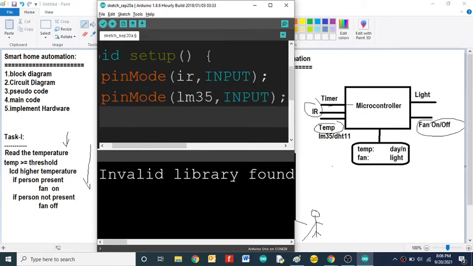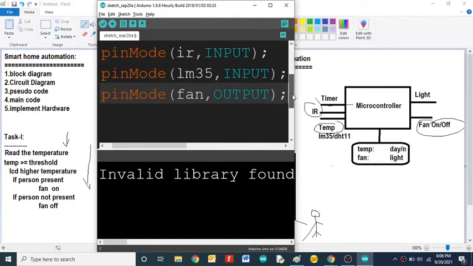Then we have another device called fan, that will act as an output. So this is the pin declaration: IR input, LM35 input, and fan is output.